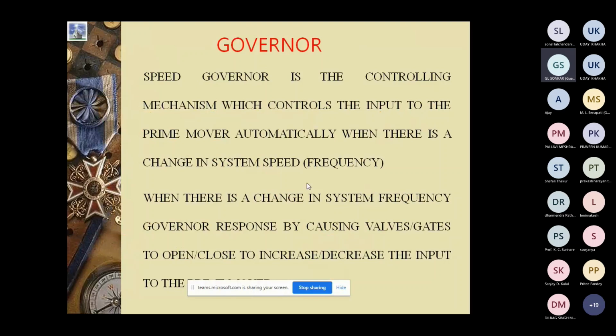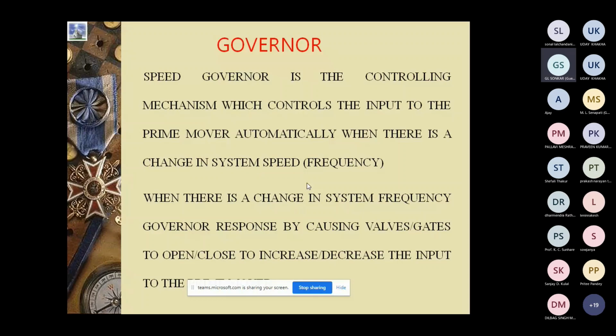Then it is simple what a governor does. It measures the speed. There are different methods for measurement of speed. We are using a tooth wheel. People are also using the inductive method, the capacitive method, the stroboscopy method. People are using different methods. PMG is also used for measurement of the speeds. Somewhere you have to measure the speed.